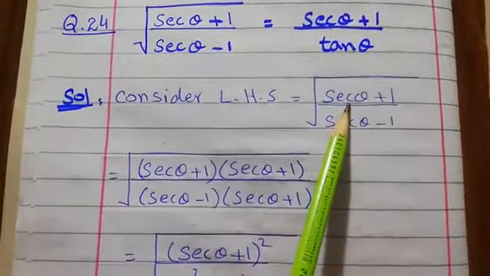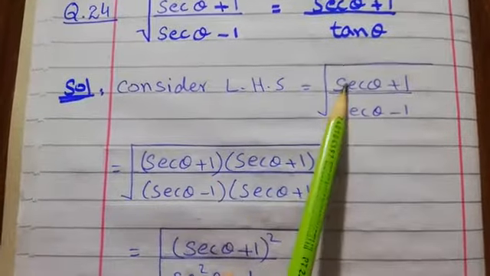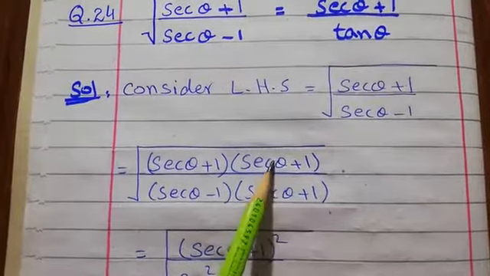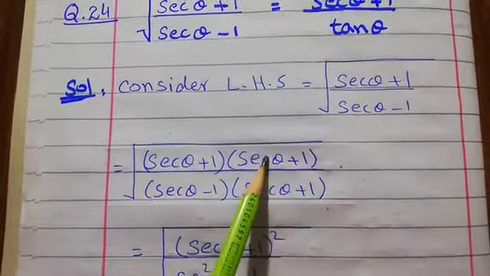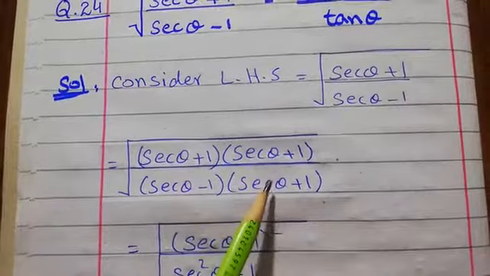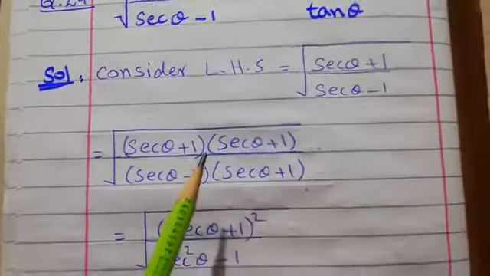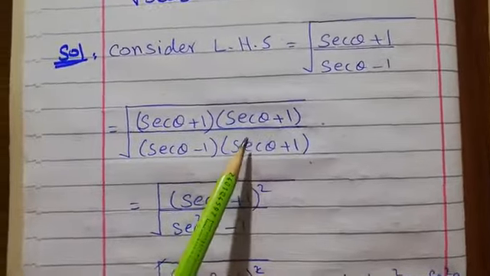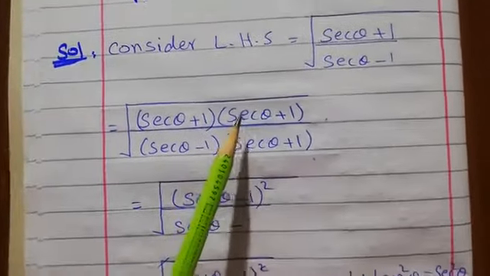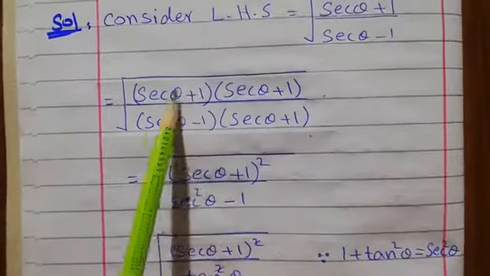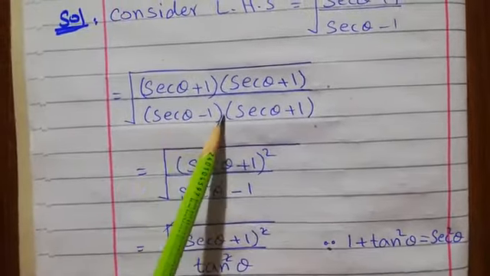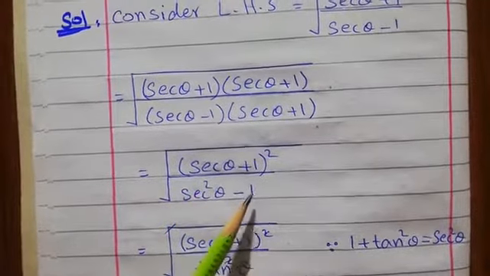So that's why we will multiply the values of the fraction of the left hand side with secant theta plus 1, and see, we have added this one by ourselves. This is not part of our question, so we'll take its inverse also, because when it is cancelled out, then we will get the question. But why have we done this? Because when we multiply these two numbers, we get the square of this one, and according to (a plus b)(a minus b), we will find secant square minus 1.